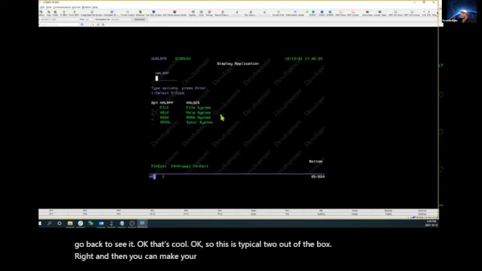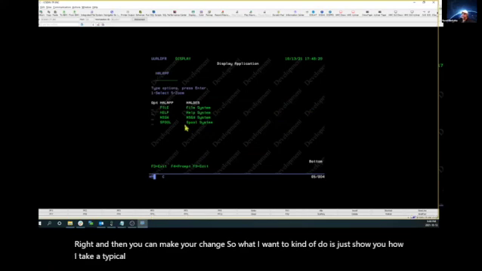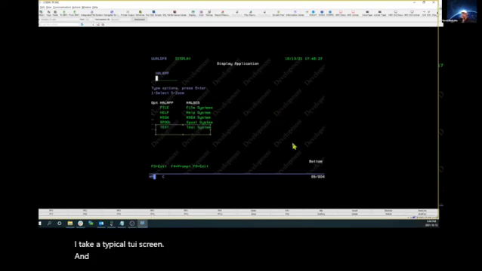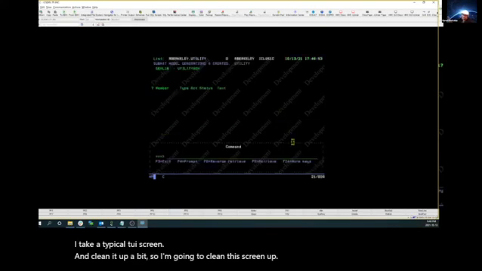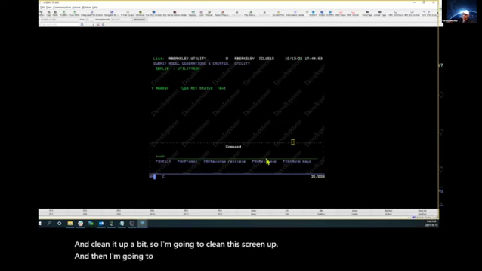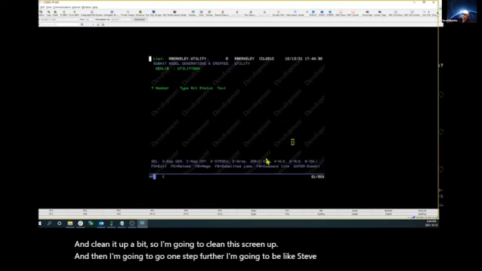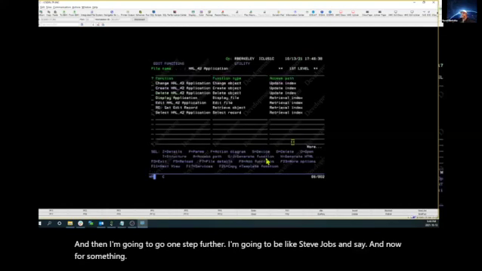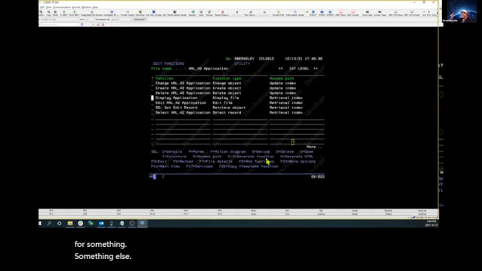So what I want to kind of do is just show you how I take a typical 2E screen and clean it up a bit. So I'm going to clean this screen up. And then I'm going to go one step further. I'm going to be like Steve Jobs and say, and now for something else. So let's go into the screen